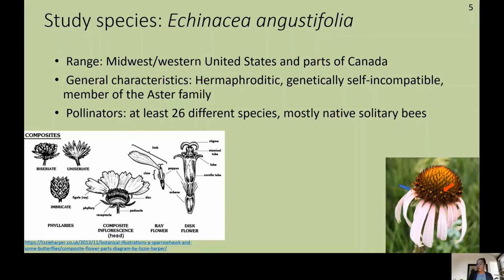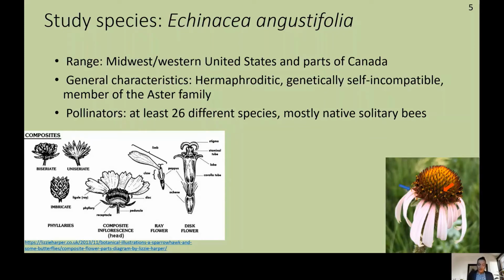If you look down here in the corner at our picture of Echinacea, we have a red arrow pointing to this little yellow dot. That is actually one floret on the head of Echinacea, and it is in its male phase, presenting pollen. And then our blue arrow is pointing at this little Y-shaped structure, which is actually a receptive style of Echinacea. So this floret is in its female phase. Echinacea is uniovulate, which means that each floret corresponds with one seed.